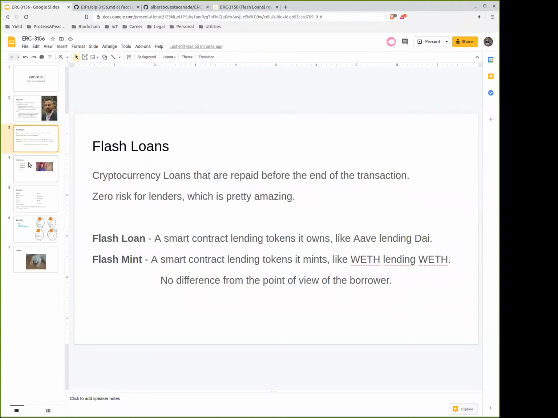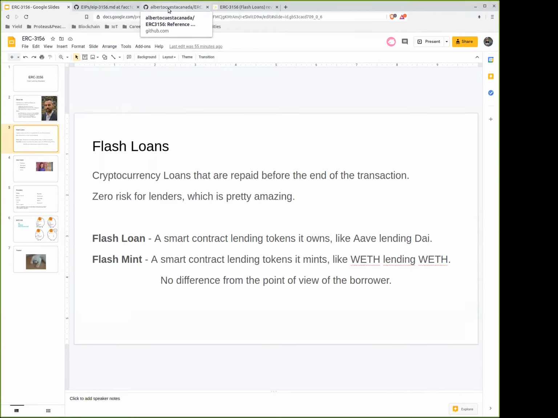And I'm assuming that there should be a massive difference here between a flash loan and a flash mint, because obviously for a flash loan, you actually have to have those assets in reserve to be able to lend them out. Whereas for flash minting, theoretically, is there any prerequisite for a platform to be able to offer a flash mint? Very few, actually. If you are comfortable with code, I can go to the code and show you.